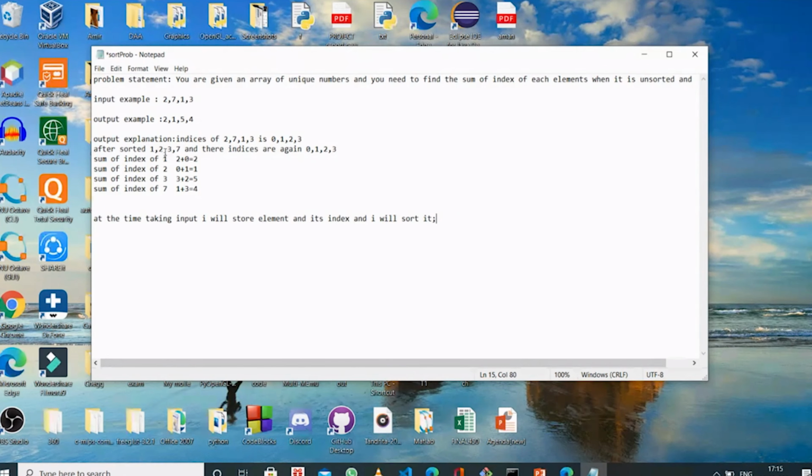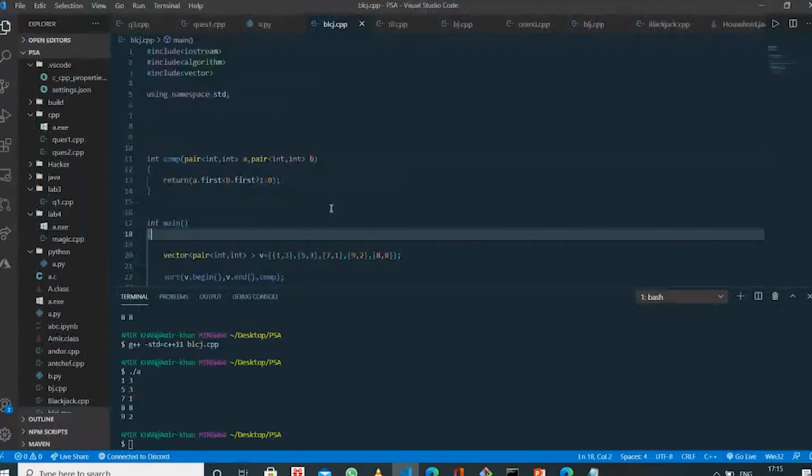So when the elements are sorted, we will have each element corresponding to its previous index, and then we can sum the new index and the previous index to get the answer. So let's do it.